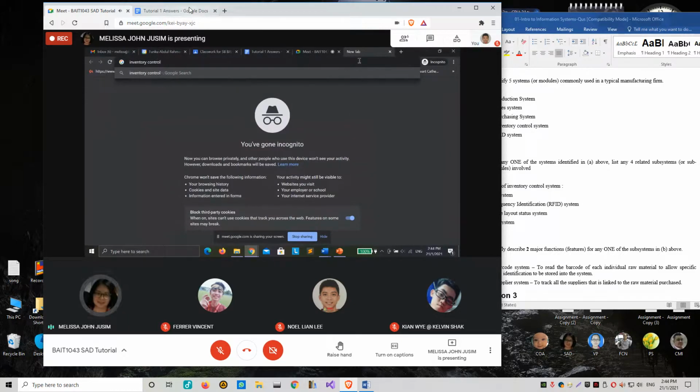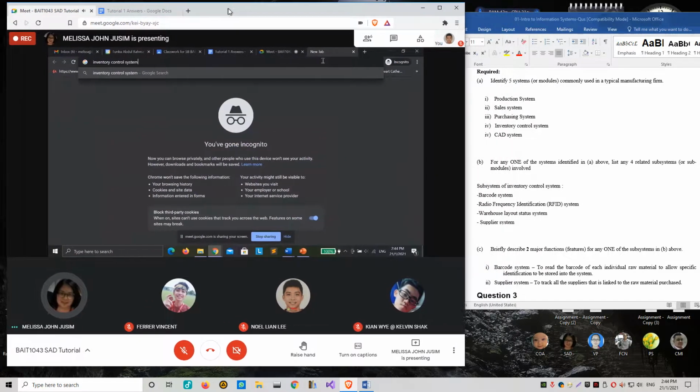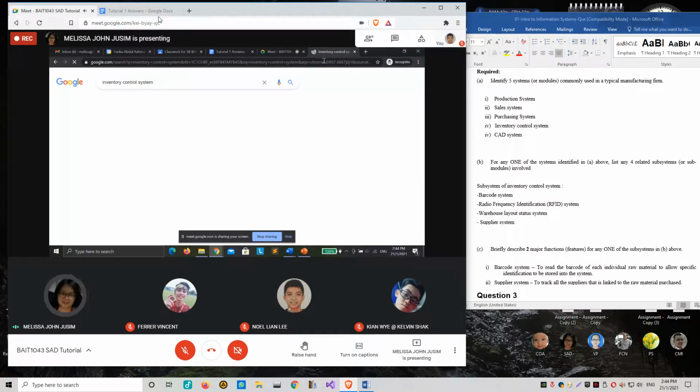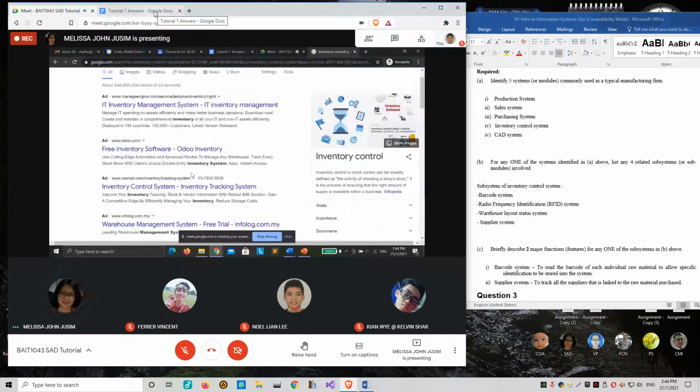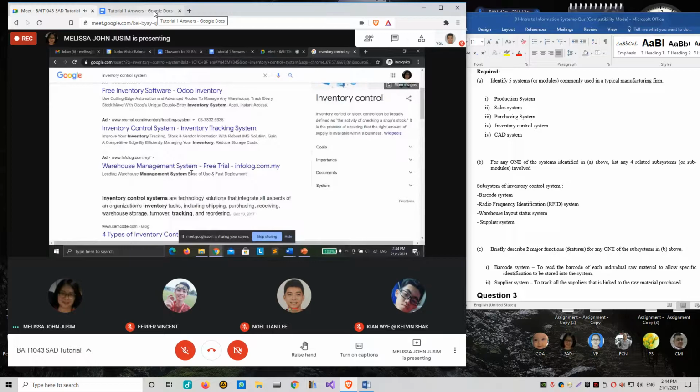Inventory. In our notes, we only see one of the modules, which is the receiving module, right? We learn about the receiving part.